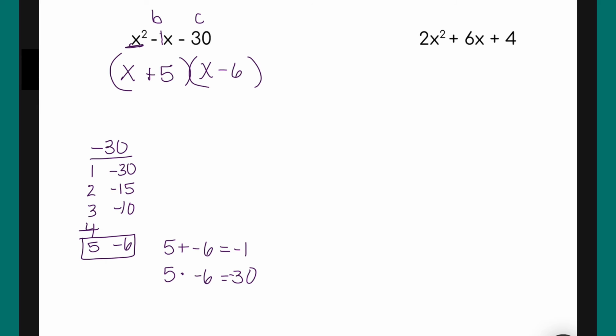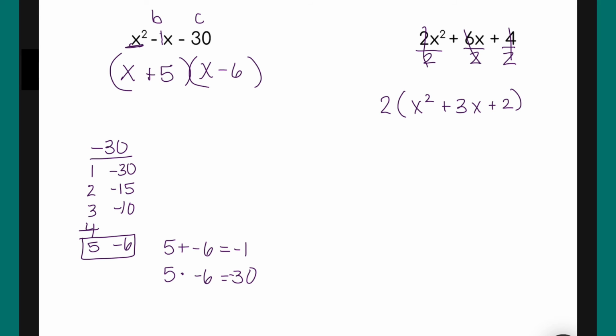Let's look at our third example. Here we have 2x squared plus 6x plus 4. The first thing that I notice is that I have a GCF, so I'm going to divide out 2 from each of my terms. The GCF always goes out front. 2 divided by 2 leaves me with x squared. 6 divided by 2 is going to leave me with 3 with that x. And 4 divided by 2